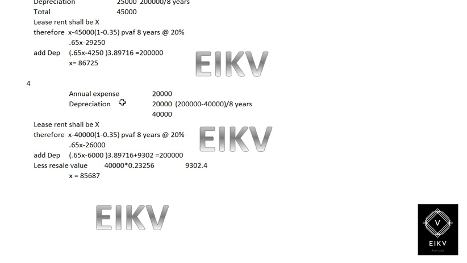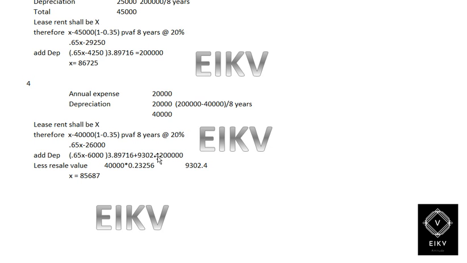annual expenses would be 20,000 and depreciation by the straight line method would be 2 lakh minus 40,000 divided by 8, which gives you depreciation of 20,000. Therefore, total expense would be 40,000. As we discussed, the lease rent shall be X. Therefore, X minus 40,000, into 1 minus the tax rate, into the PV factor for 8 years at 20% return, will give you 0.65X minus 26,000. When we add the depreciation back, it would become 0.65X minus 6,000, into the PV factor for 8 years,